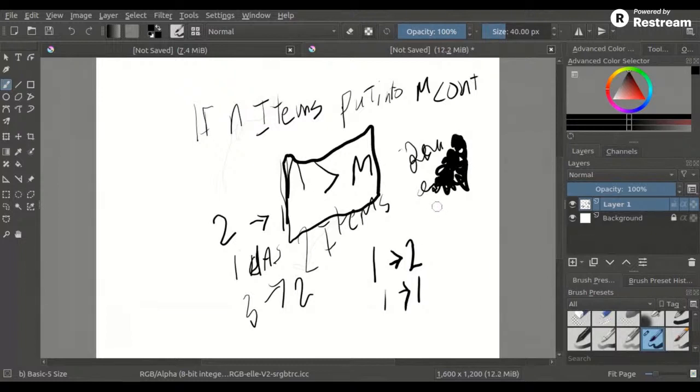So as long as n is greater than m, then m will contain multiple